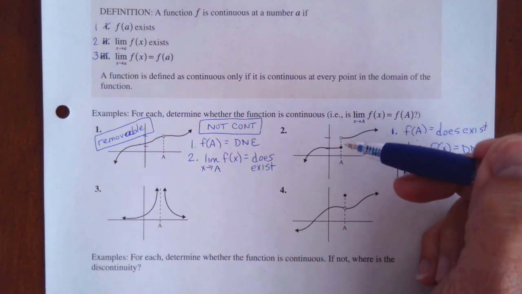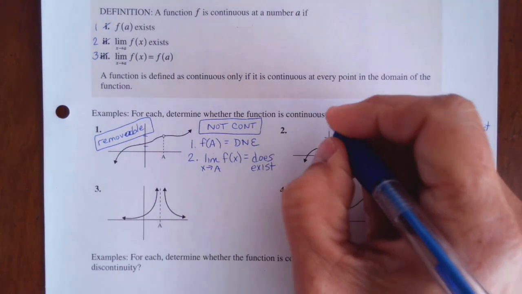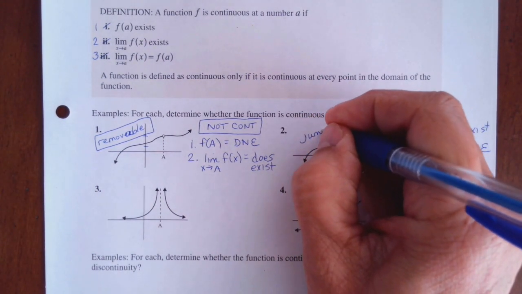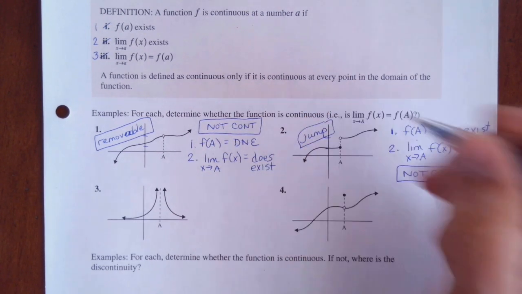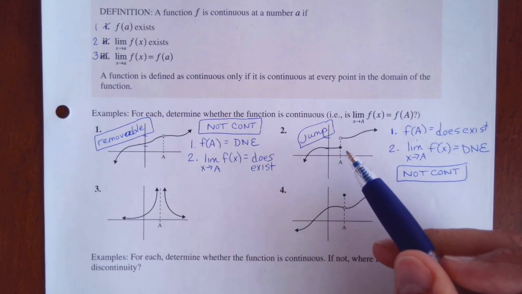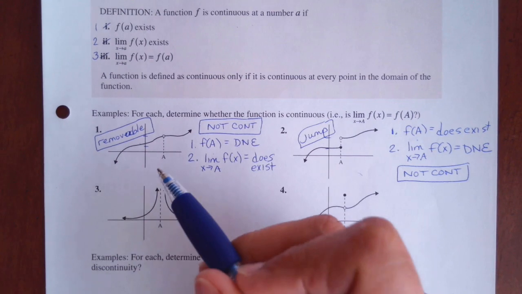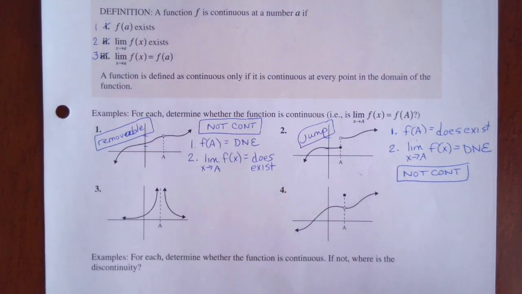All right, this kind of discontinuity is called a jump discontinuity. When the graph actually moves and continues in a different place, that's called a jump discontinuity. So we have removable and we have jump. The third one, okay,